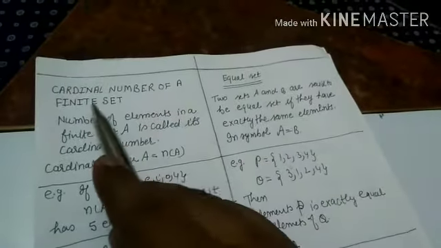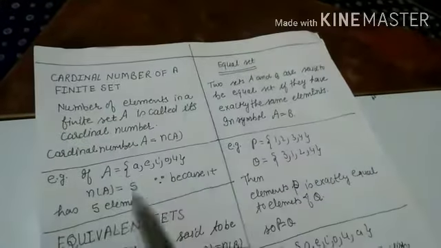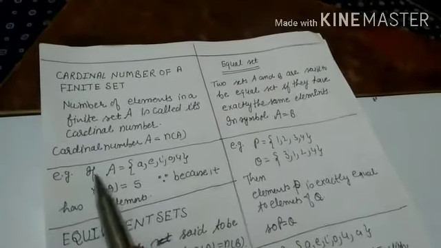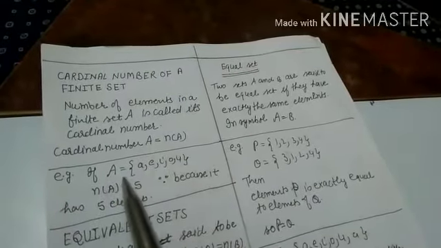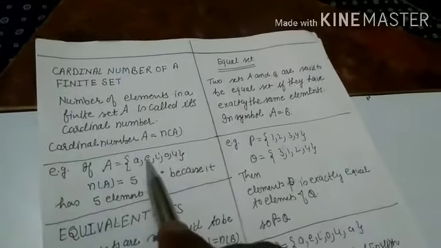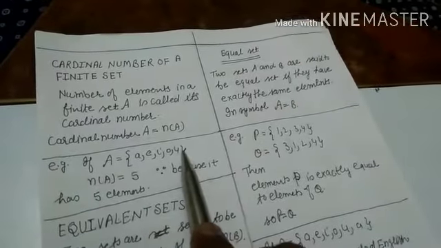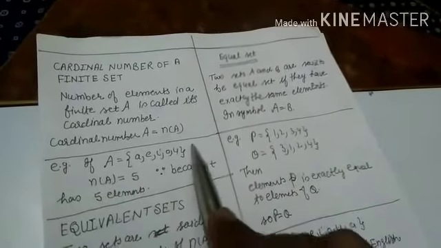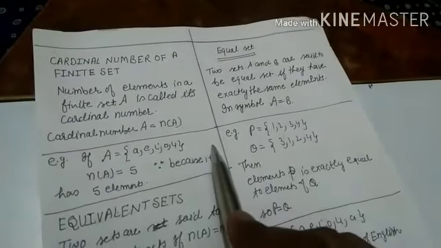Hello students, our topic for today is the cardinal number of a finite set. Let us try to understand this concept with the help of an example. If A is a set of A, E, I, O, U, then how many elements does A have? 1, 2, 3, 4, 5. A has 5 elements. How many elements a set has is known as the cardinal number of the set